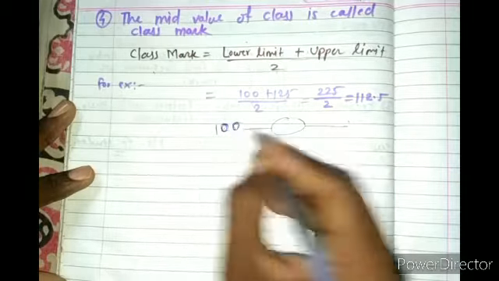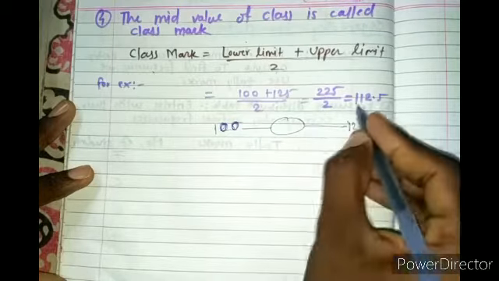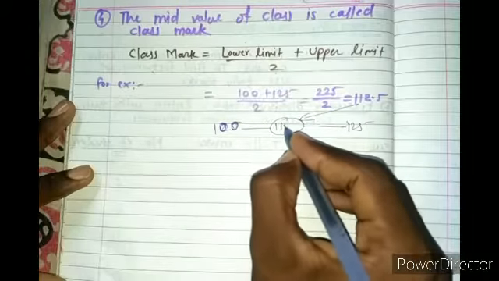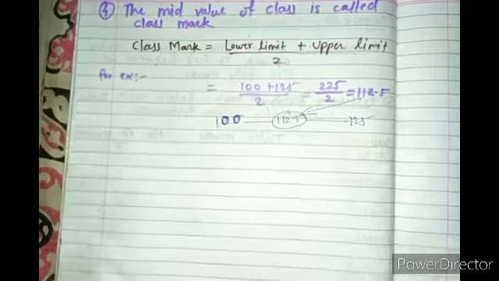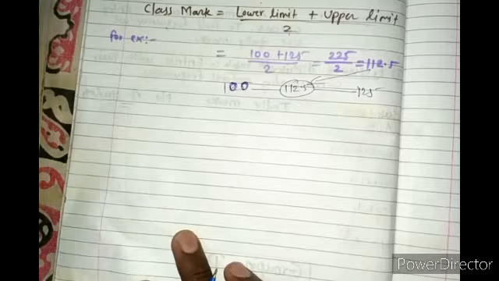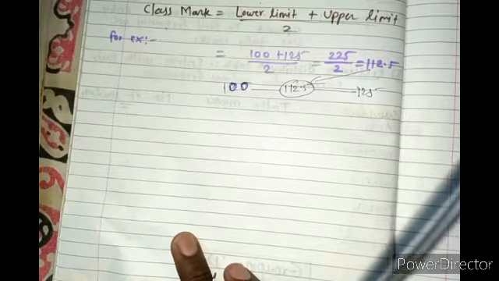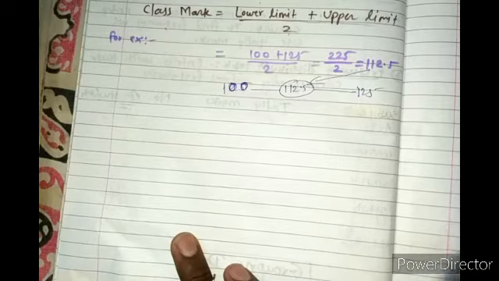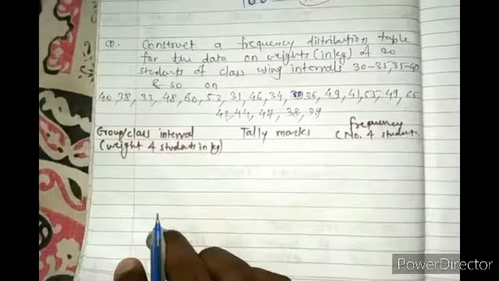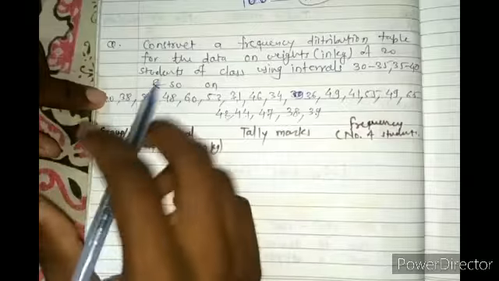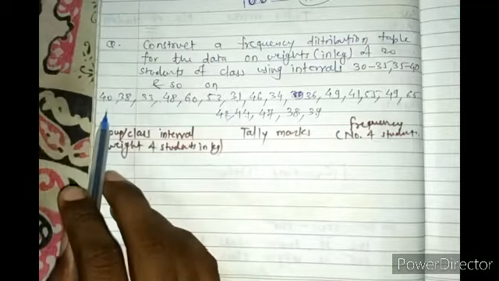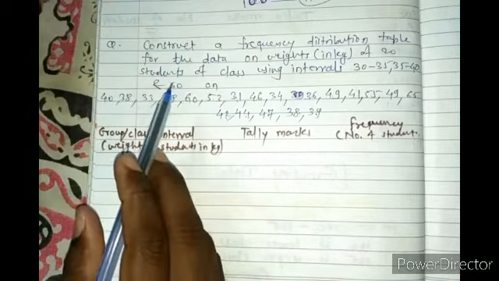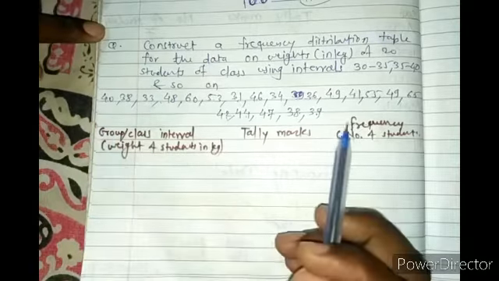This is 100 and this is 125. So what is the mid value? This mid value is 112.5, right? So either you can copy these points, or if you are able to understand, then you understand it. But always keep in mind, until this unit is over, what is class mark, what is class width, what is the upper class limit, lower class limit, right? Yes. Now we are going to solve an example on the frequency distribution table in which class intervals or groups are given, right?